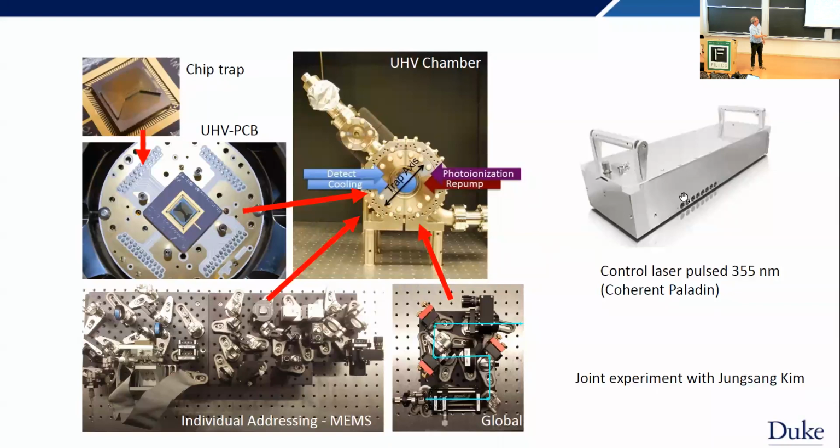And then part of the reason why we work on ytterbium is that we can use for the control laser a pulsed 355 nanometer laser, which is from Coherent. This laser is used to cut the masks that make computer chips in your computers. So they're actually relatively cheap for a laser, have a lot of power. You buy them off the shelf. They have basically one key, and that's it.